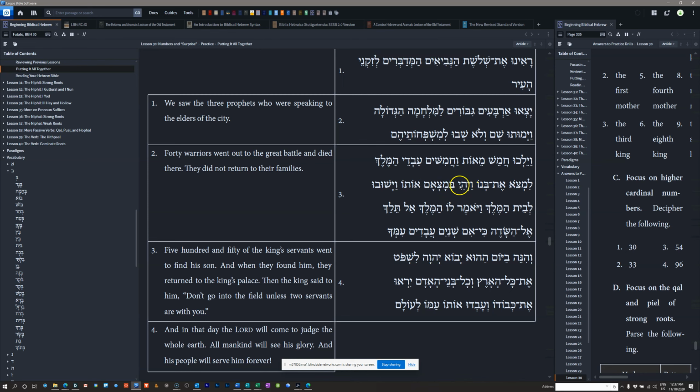So, again, we're setting the scene in the past. We don't need to translate this, especially since we've got an infinitive with a temporal preposition. So just know this is indicating past time. Right? It's a vav relative on an imperfect form. That means past time. So in or when they're finding or finding them, one or the other, we have to let context decide, but then we get a definite direct object marker. So this won't be the direct object, this will be the subject. In their finding or when they found him,